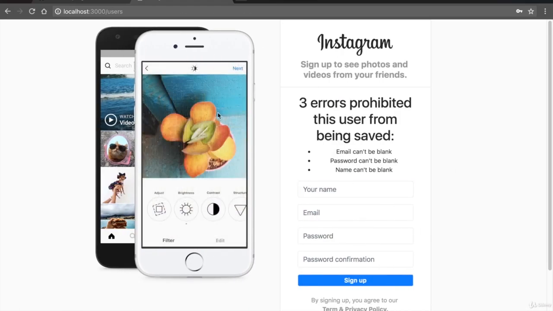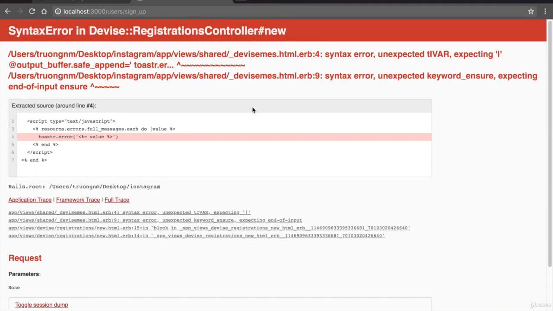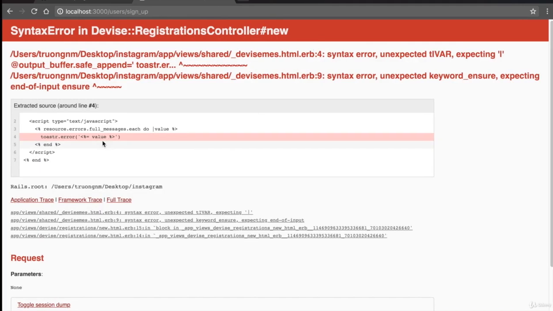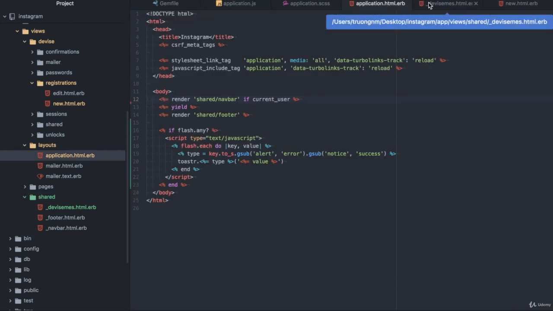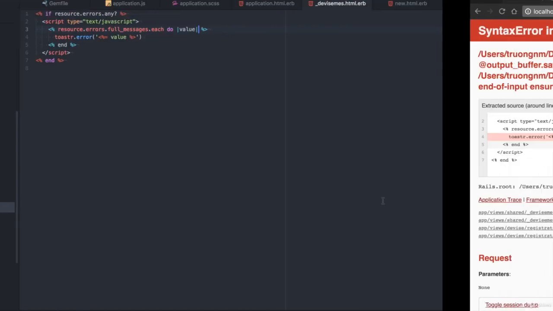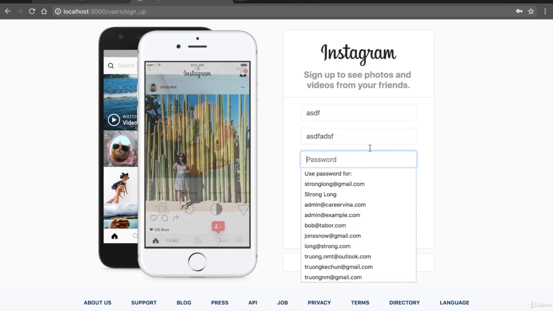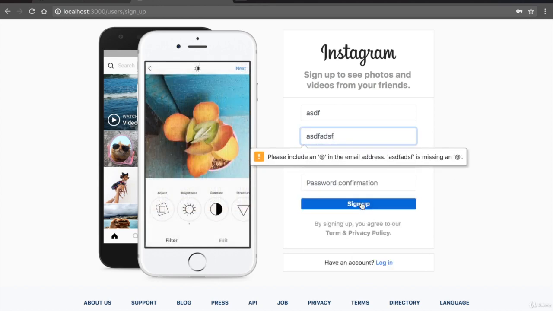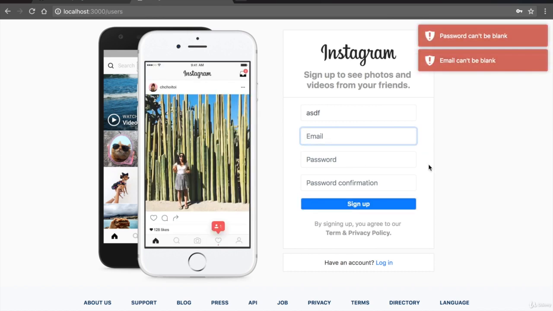Now let's have a look. Let's go back to sign up. We have a typo in here, so let's see it. This file. Oh, I'm missing this. Okay. Now let's run again. Okay, so I type something like this. Oh, okay. Set up. Yeah, we got a very nice